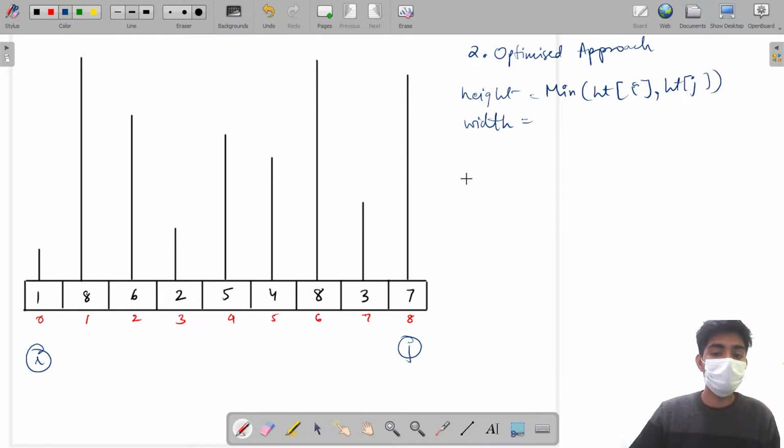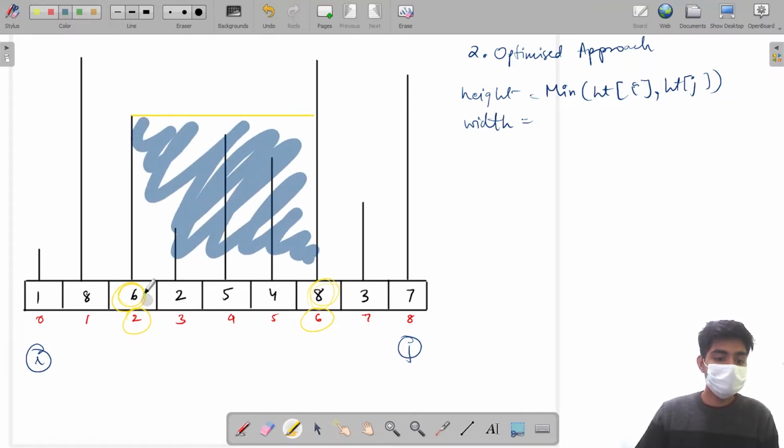Why is it going to be the minimum of the two numbers? Because I know that the capacity of the container, or the height of the container, will be the minimum height of the two values. So let's say I take this 2 and this 6. Okay, I have 6 and 4. So if I take these two values, then my container will be of this much height, right? And I can fill this like this with water, right? I can fill this like this.